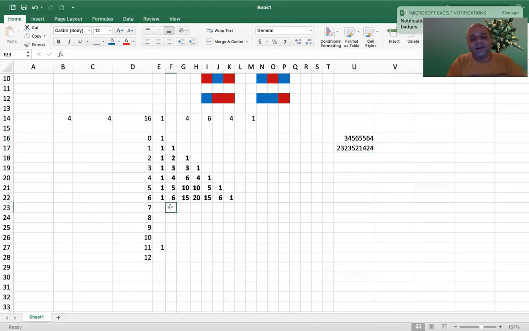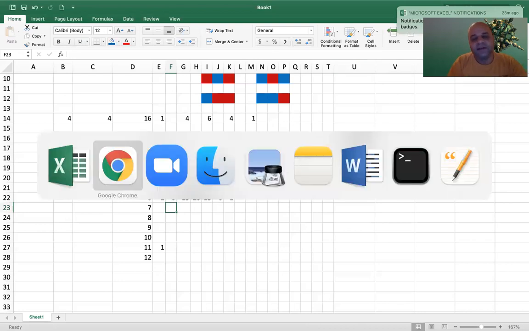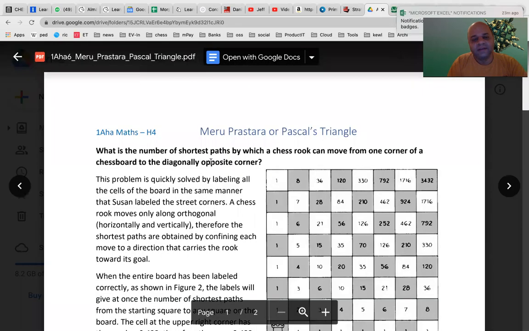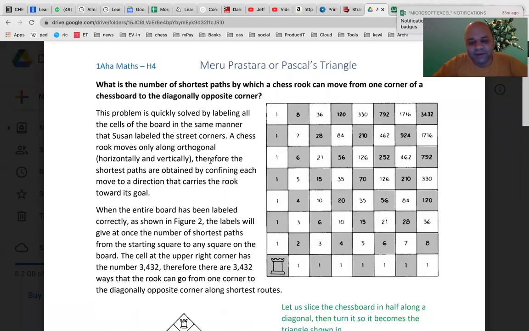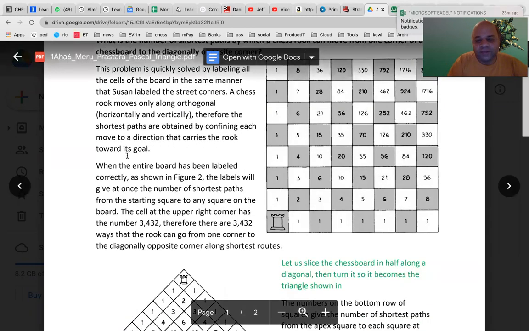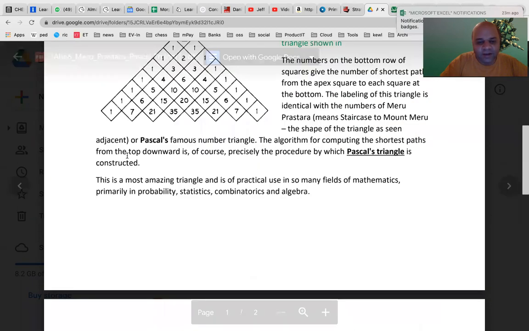So this particular pattern has got so many properties and so many uses. Pascal's triangle has like 100 uses in mathematics, and we will learn about some of them. So this is what we now call Pascal's triangle. Now let me go back to our handout. There are many ways that you can reach it. I will tell you a chess way also of doing it, but let us go to the history first and look at it.